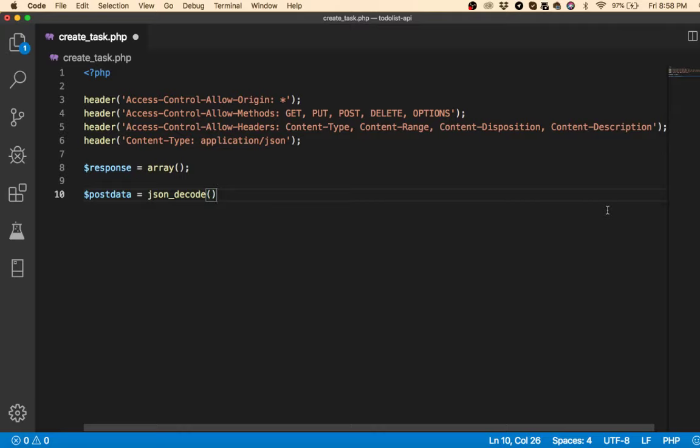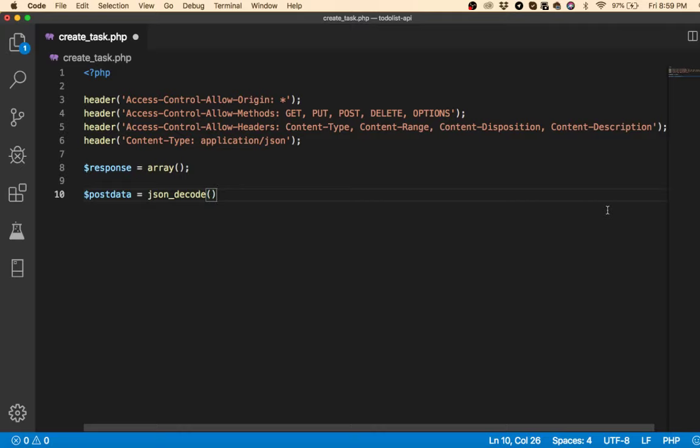So using Postman, we send the request through JSON format, using the post method. Then using JSON decode, we will extract the JSON data